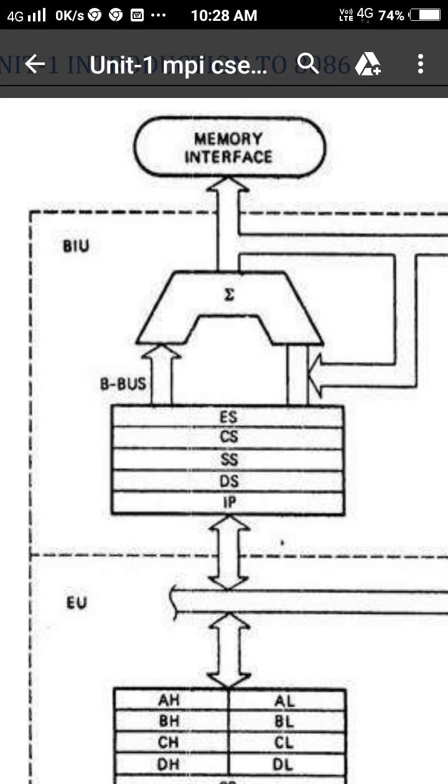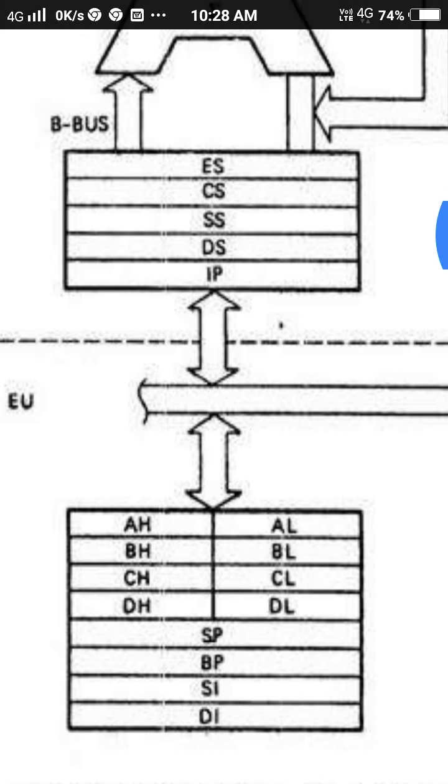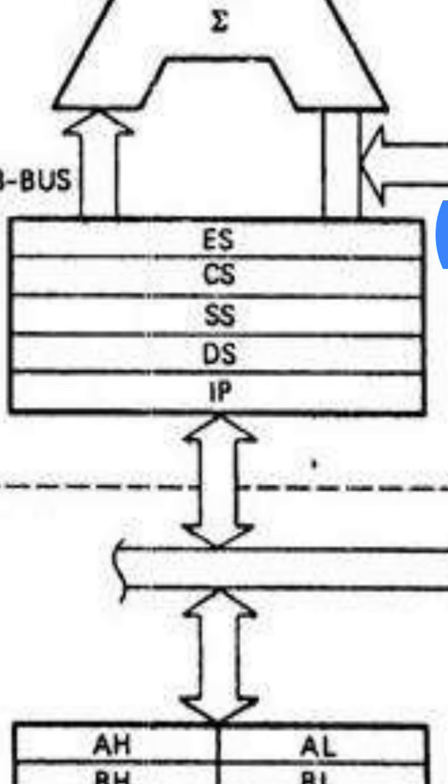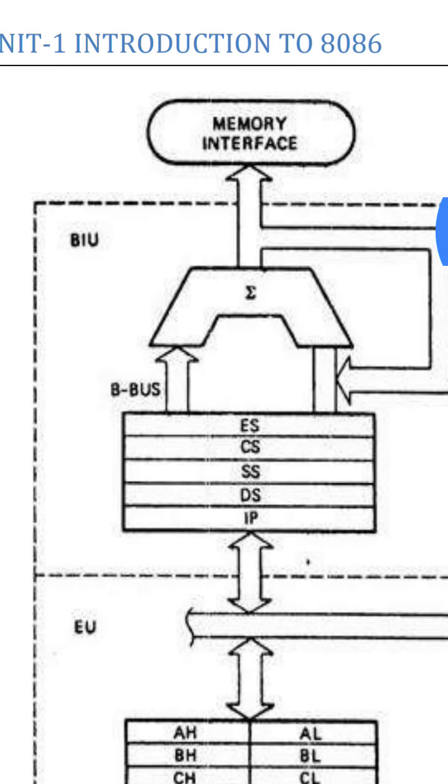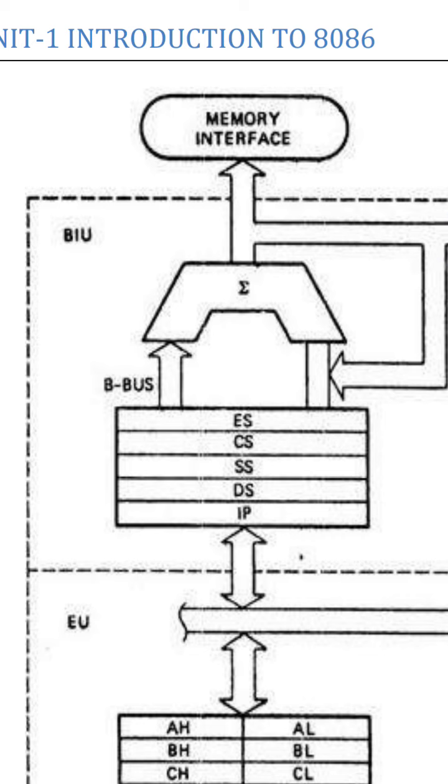Now the registers like instruction pointer, stack pointer, base pointer, source index SI and destination index DI act like the offset registers. For example, if the code segment address is to be generated, where the instructions are normally stored by the microprocessor, this physical address of 20 bits of the code segment is generated using IP, that is instruction pointer, and CS.